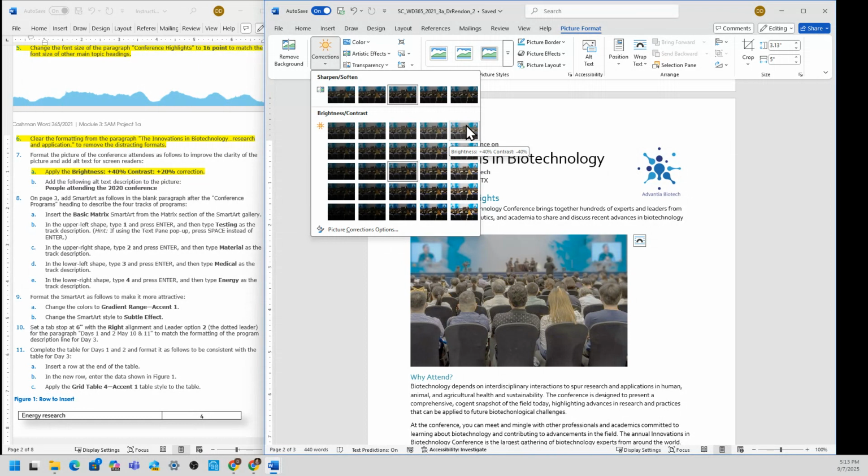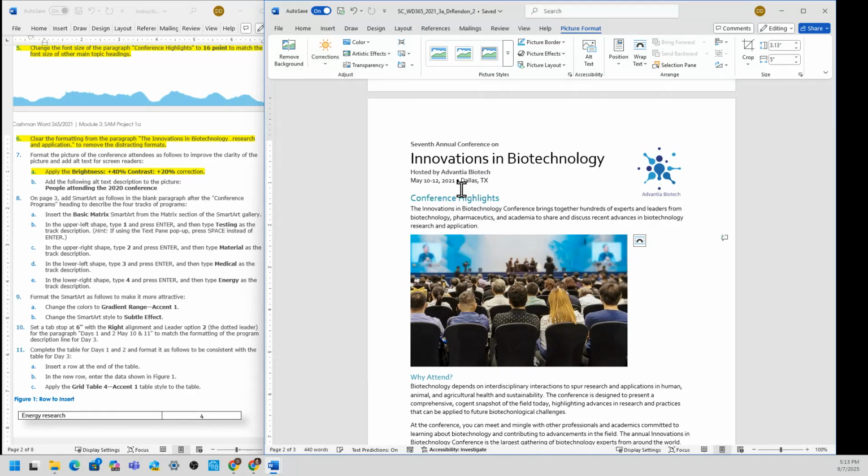But the correction should be plus 20. So brightness is correct, plus 40, maybe here, plus 40 here. So the brightness plus 40%, contrast plus 20%. So this is what I need.